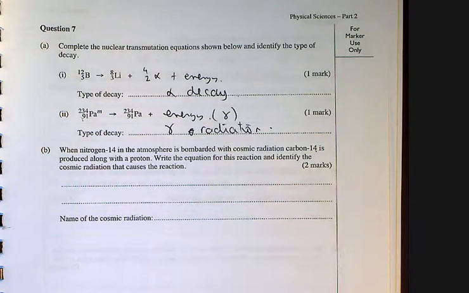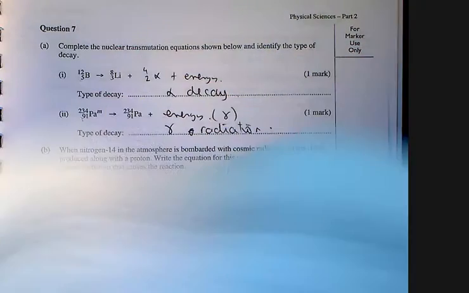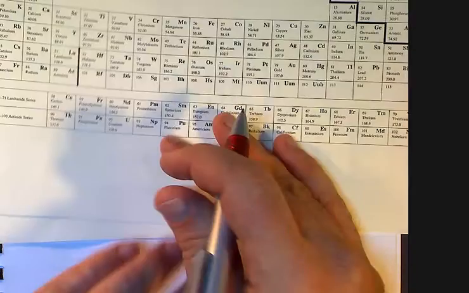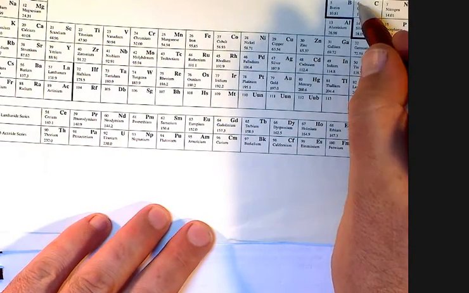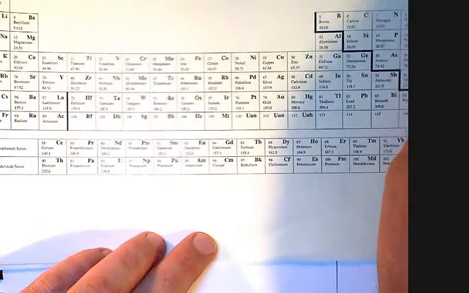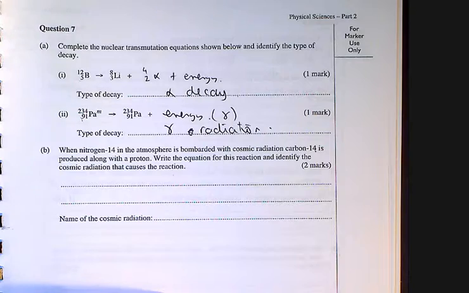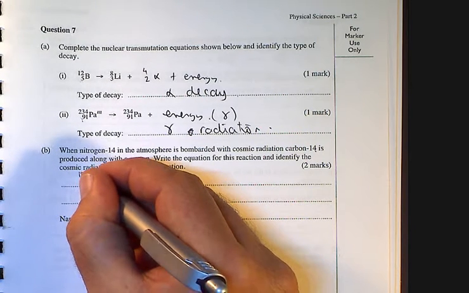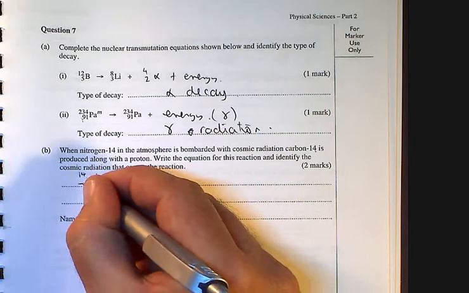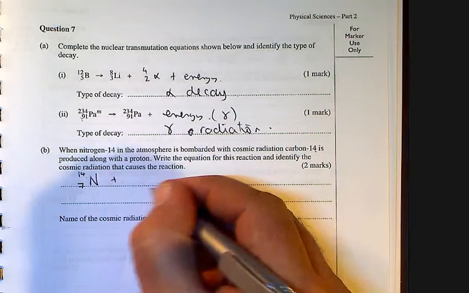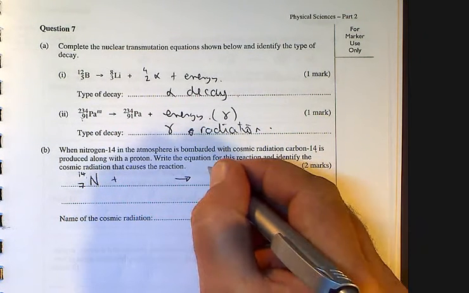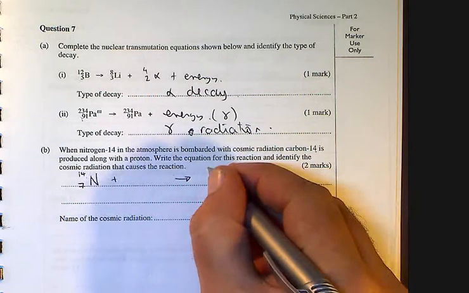Let's go back to our periodic table, and that should help us out in this case. Carbon, 6 protons. Nitrogen, we need to find out, if we don't know already what they are. Nitrogen-14 has 7 protons, and we know that nitrogen by definition has 7 protons, so that's going to be like that, plus something, we don't know what, going to produce carbon. Now carbon has 6 protons, carbon-14, plus